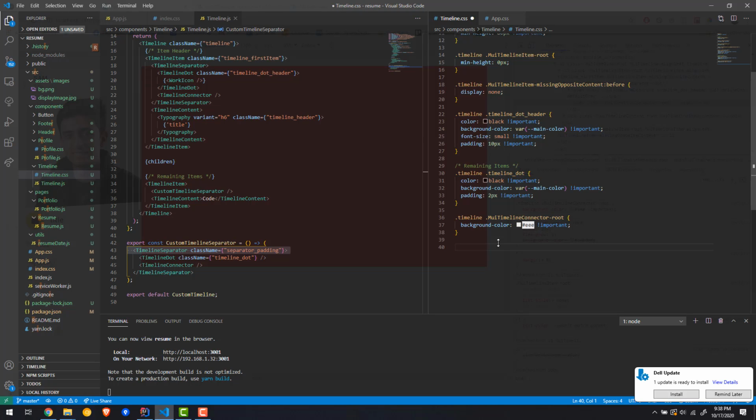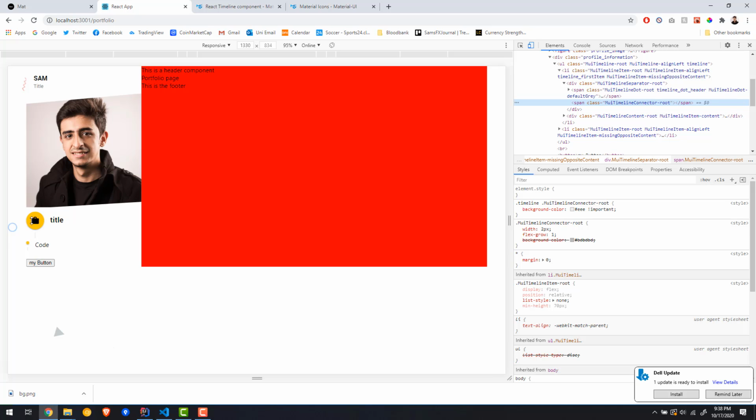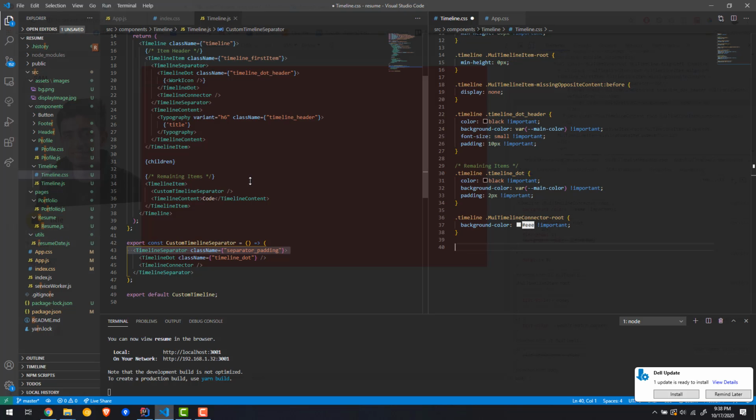So another thing we want to do is for the, oh, okay. So we're gonna make the icon smaller. We're actually gonna make it smaller right here, okay, for this header. So let's do that. I'm gonna say, let's go into timeline, and then go into timeline header, and then